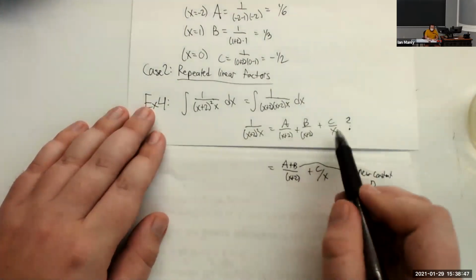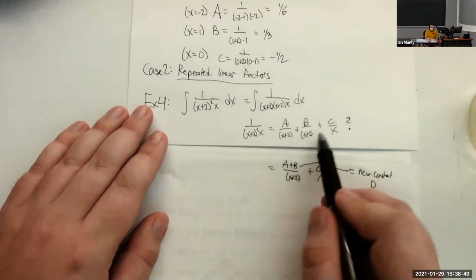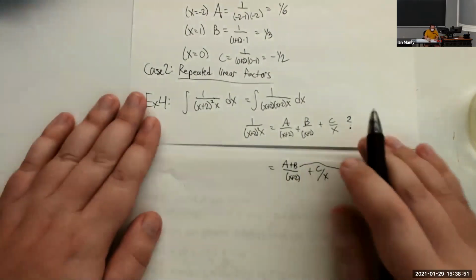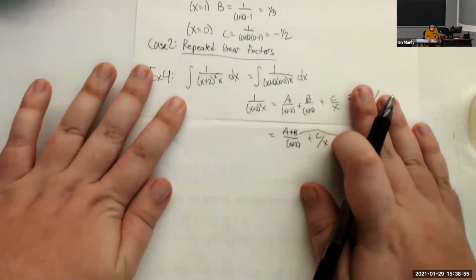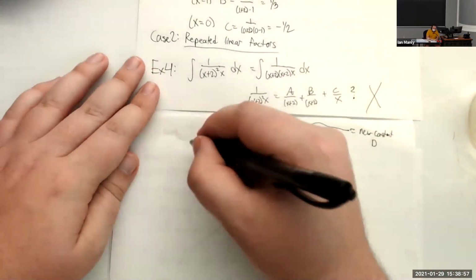You're welcome to try for yourself if you like and see how it works out, or rather doesn't work out. So what are we supposed to do then? So if we can't do it this way, how are we supposed to do it? The way we're going to do it